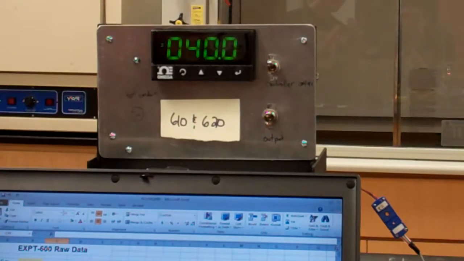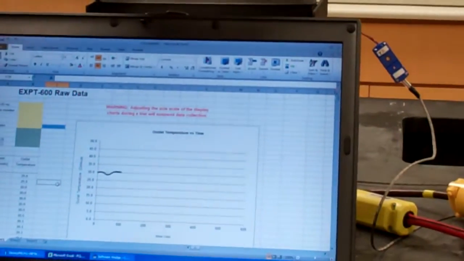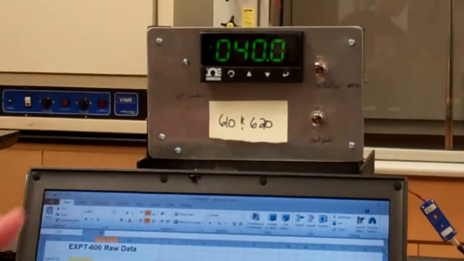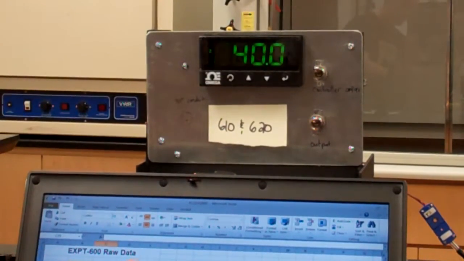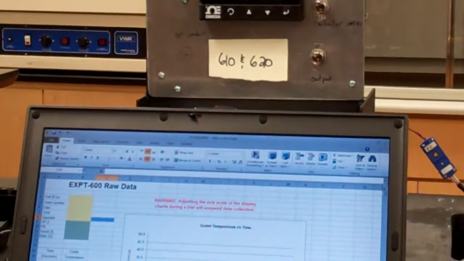So now here's another important part. I want to restart data collection as soon as possible after I input this new set point, because as soon as I input the set point, the system's going to start to respond, and I want to catch as much of that initial change as I possibly can. So to do that, I press and hold the control button